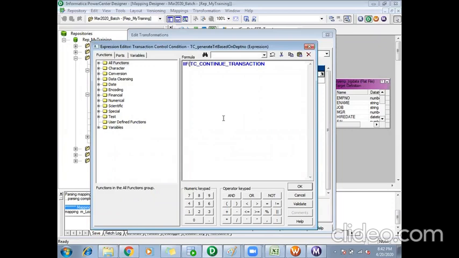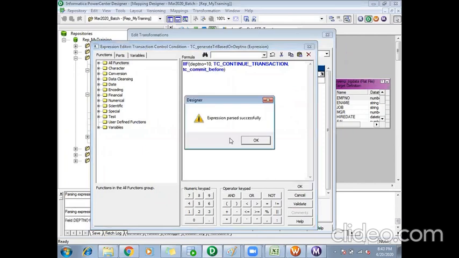If something, like department number, equals 10, then TC continue transaction, or use some other keyword like TC commit before. We will normally use it like this, then it will be effective. That's what we'll be seeing now. Something like this, so it's valid.